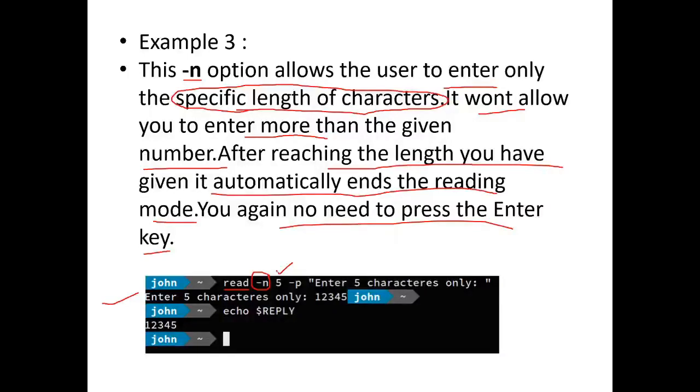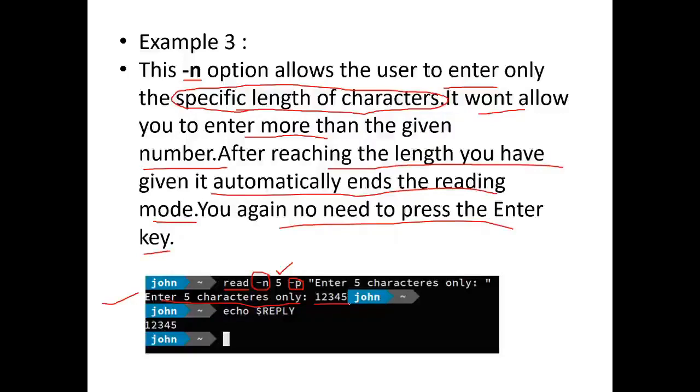You have used another option, -p, which means on the same line it is going to allow the user to enter the input, and then the message "Enter 5 characters only". So on the screen it will display "Enter 5 characters only", and in front of that you are going to enter any 5 characters, and automatically it will come out.